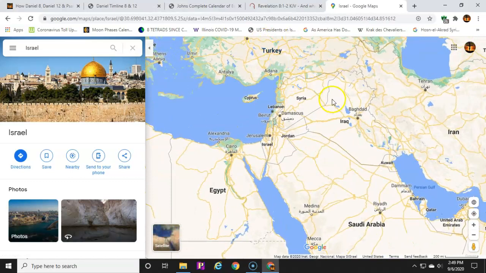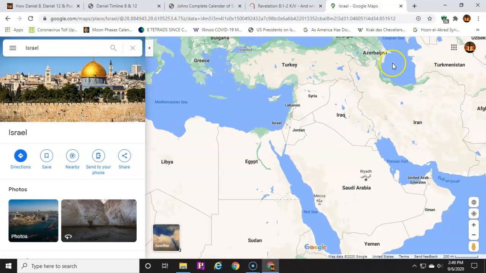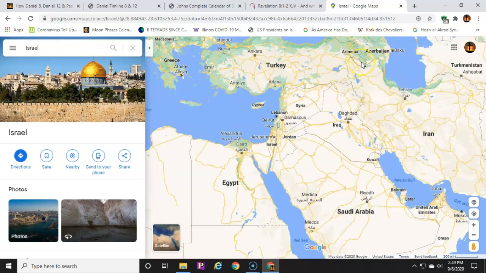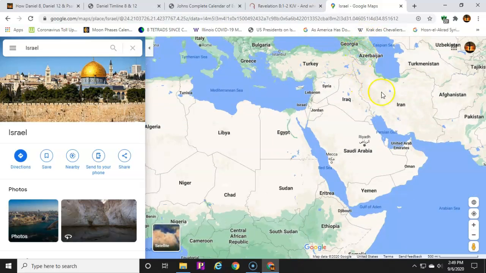So all these areas, Turkey, the stan areas up in this area are going to be affected. Iran's going to be affected. Libya, Egypt, and Sudan are going to be affected. Egypt and Saudi Arabia, and some of these are neutral players. So you've got to cut out the 10 regions and realize what countries are being affected by this 6th seal judgment that's occurring on these 10 nations as God's destroying them all.